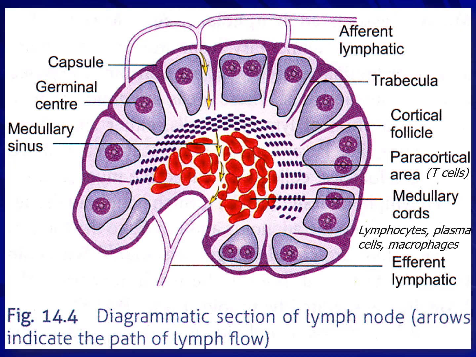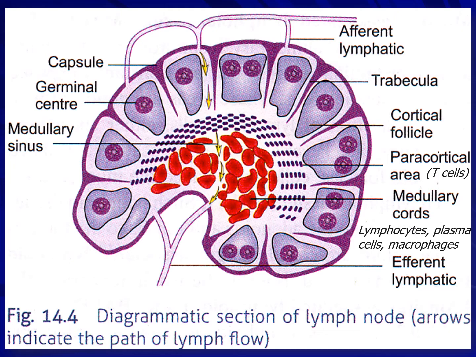Let's move on to the lymph node. This is the structure of a lymph node, wherein you can see the capsule. Under that we have the medulla, the medullary sinuses. Next, below the capsule we have the cortical follicles, and in each cortical follicle there is a center which is called a germinal center. Between the cortex and the medulla we have a paracortical area that is rich with T cells.